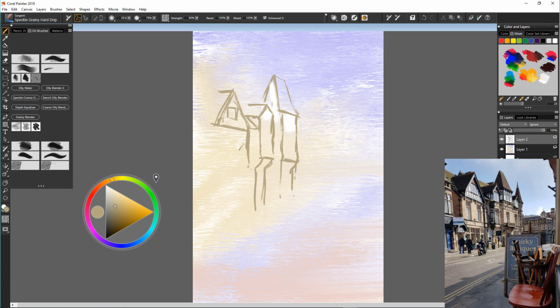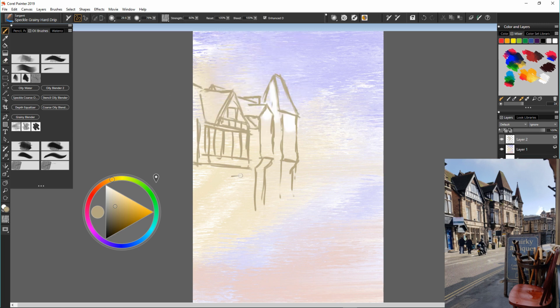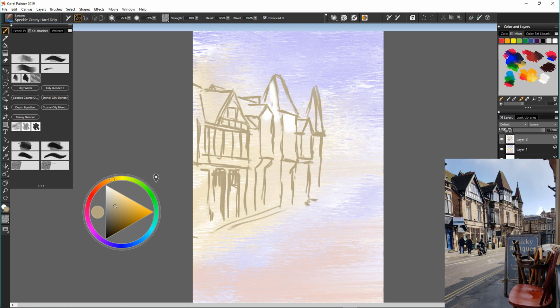The app crashed, and I had to reboot it, which was all a little bit stressful, and it freaked me out a bit, man. I was drawing this sketch that you see now on the layer below it, and I wanted it on its own layer, so that messed up a bit. Anyway, as I was saying, using Corel Painter, I feel like all the while I'm battling against the app